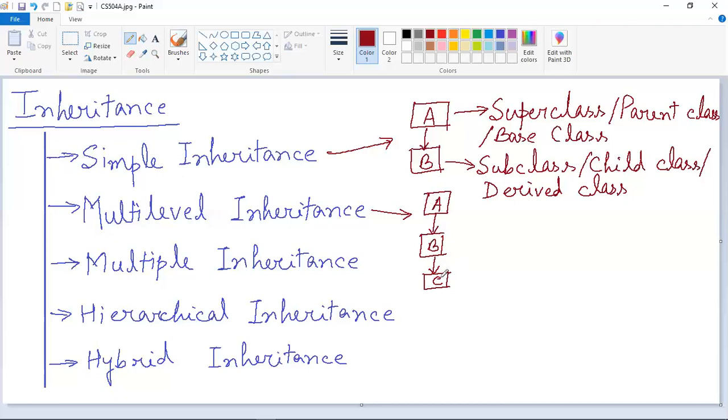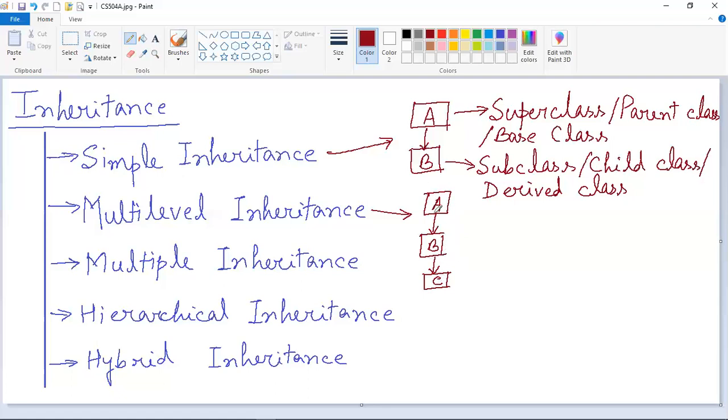That means here A class becomes the grandparent of the C class, and C class becomes the grandchild of A class. So here A class is the parent class, B class is the subclass, that means child class of A class, and C class is the grandchild class of A class, because C can access A also but via B.